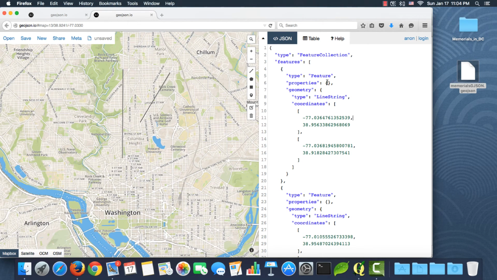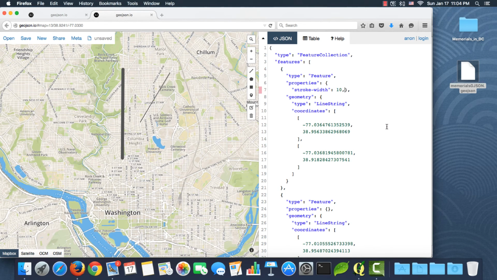So for the non-spatial attributes, for example, if I specify stroke width and give it a value of 5, 15, 10, you see it's reflected on the map, so I'll select 10 so you can see it. If I want to add another